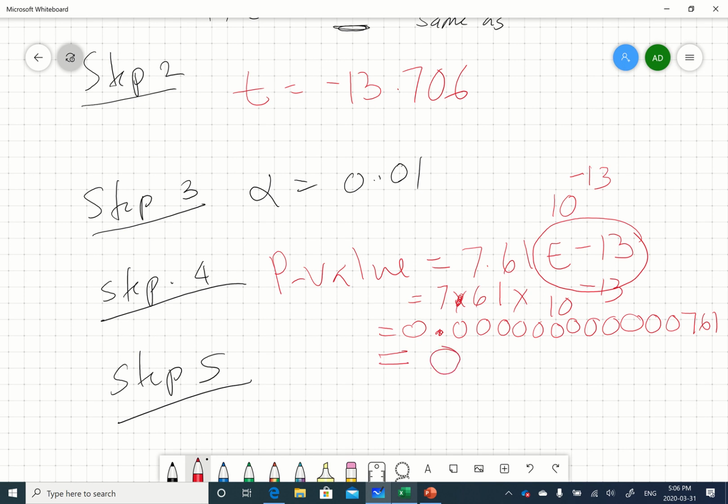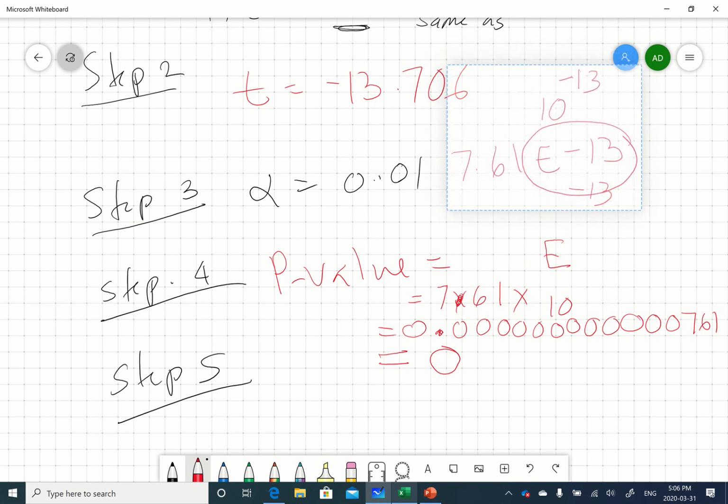Very, very small decimal. So you can assume it's 0. So if you happen to have e to the power minus something, you can always assume it's 0. So your p-value is 0. And we are comparing, what is this? And we are comparing,